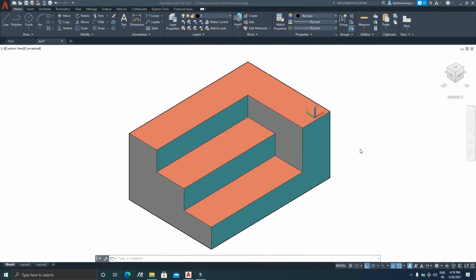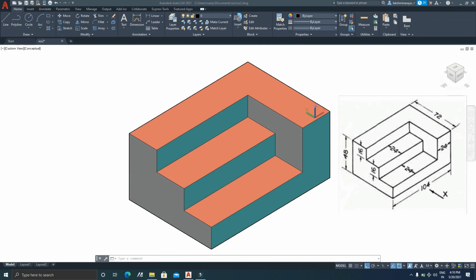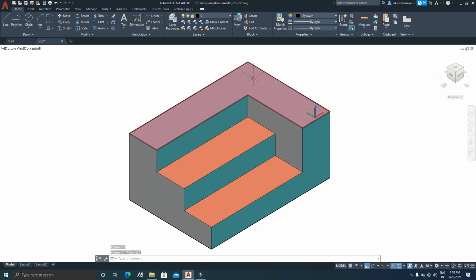Let's start. This is the isometric view of the given problem. In order to have the front view, we need to observe in the direction of the arrow given. So when we observe in that direction, we are able to see this profile and this profile and this profile. We are able to see an L-shaped profile and two rectangles like this. Here all are represented in green color, and when we observe from the top, we are able to see these orange color profiles. When we observe from the side view, we are able to see this profile and this profile only.